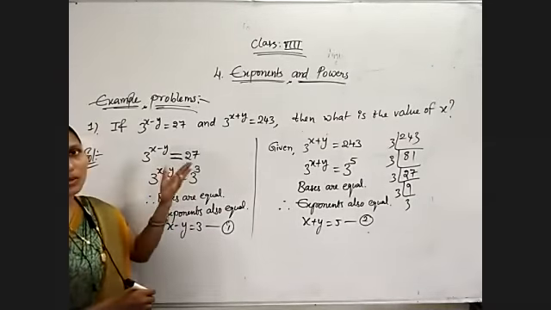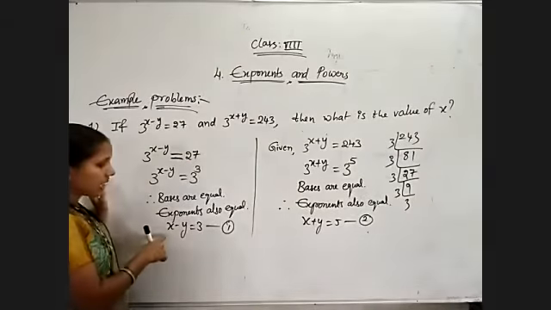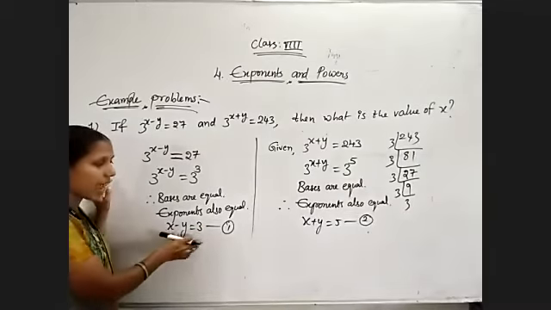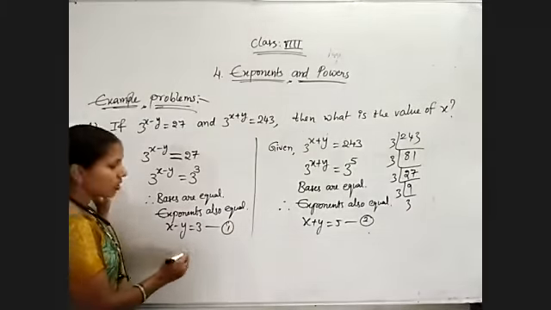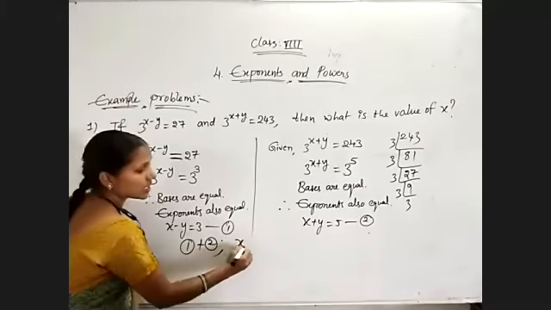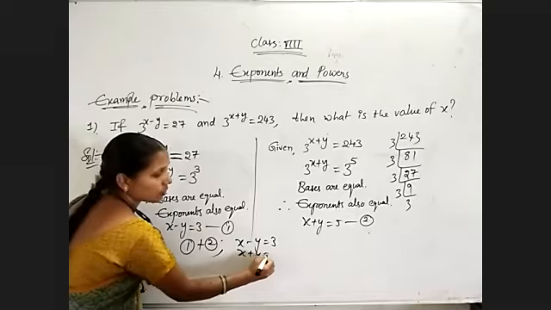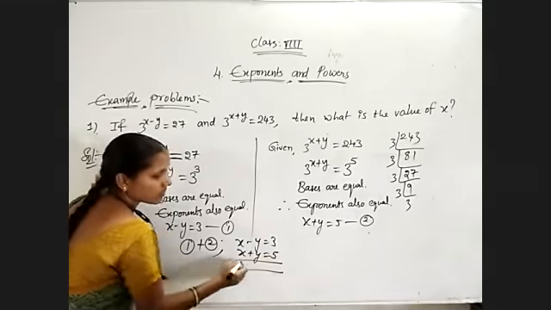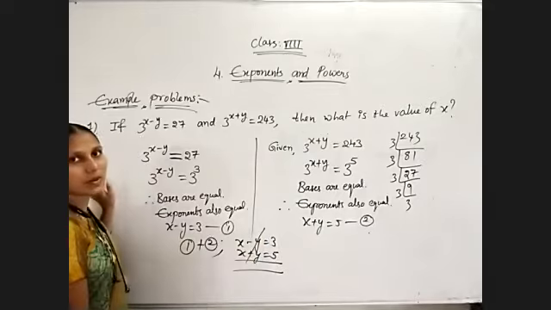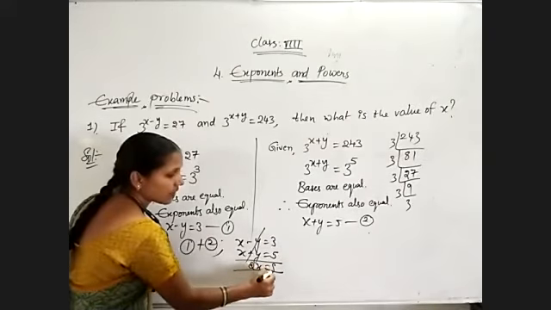Just we need to know what is the value of x. So for that sake, what I am doing: minus y plus y will be cancelled if we are adding these two equations. So what I am doing, equation 1 plus equation 2. Equation 1 is x minus y equal to 3. Equation 2 is x plus y is equal to 5. So now simplify this. Because of plus, no need to change any sign. Plus y minus y will get cancelled. x plus x is equal to 2x. 3 plus 5 is equal to 8.